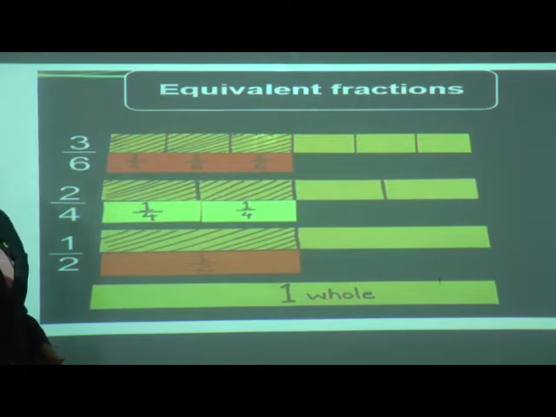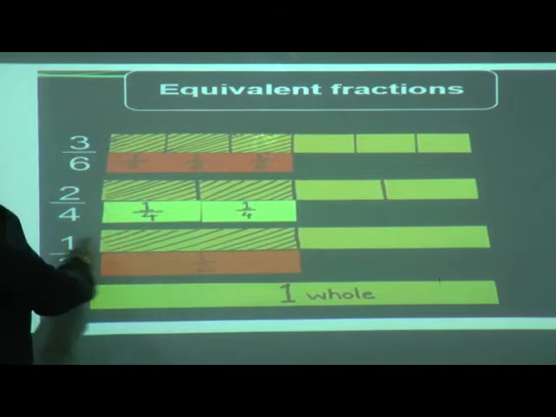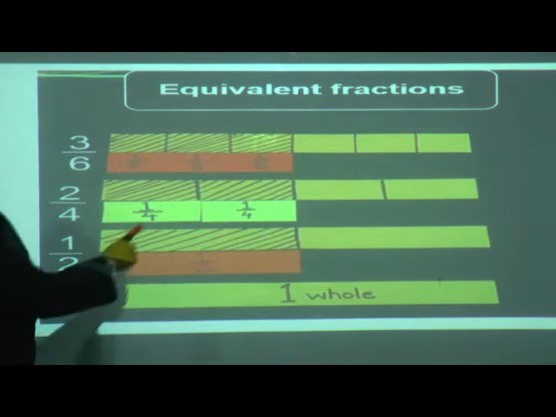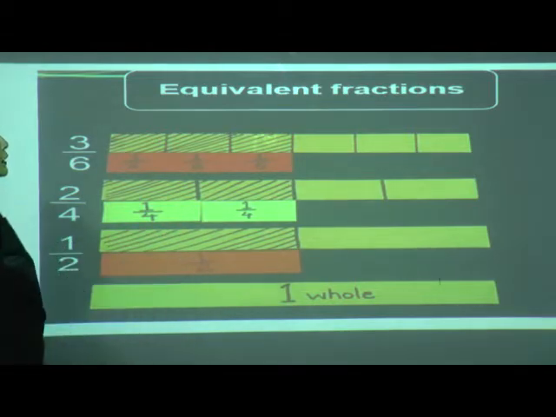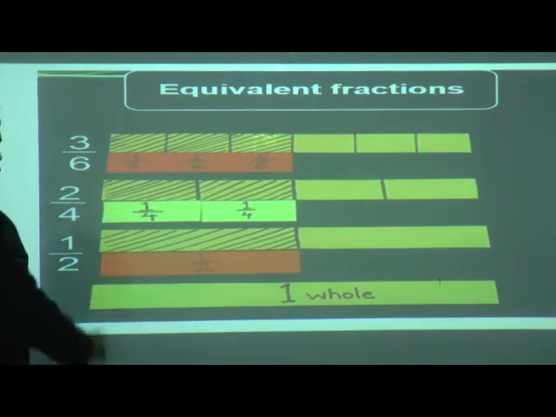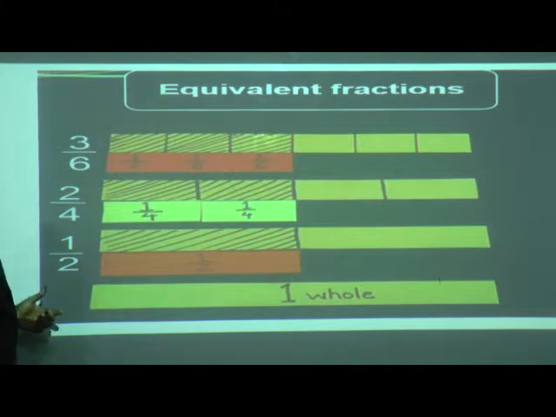What is 1 by 2? Yes, we use it in daily life, that is a half. 1 by 2 is half. Here we folded our strip into 2 parts. We divided it into 2 parts, and out of that one part is shaded. So we write the fraction as 1 upon 2. One part is shaded, which is written in the numerator, and the total number of parts, that is 2, we write in the denominator. Now what does the yellow strip show? It is one whole strip.